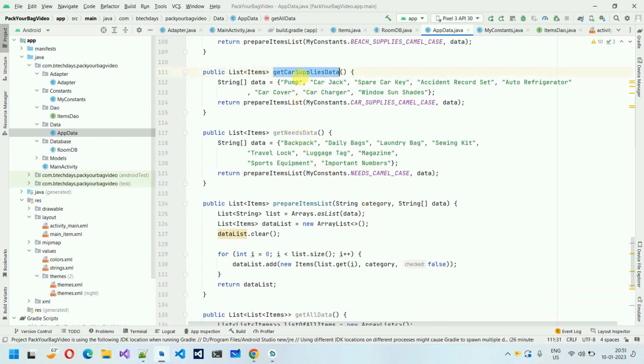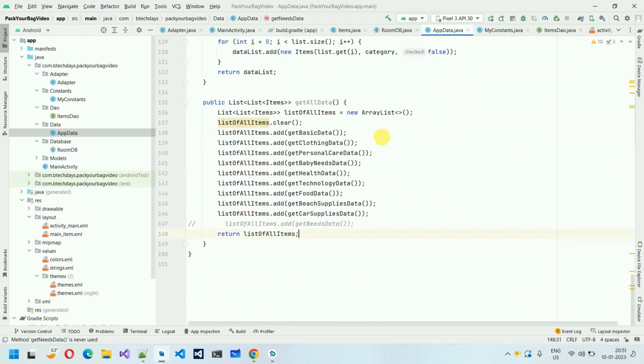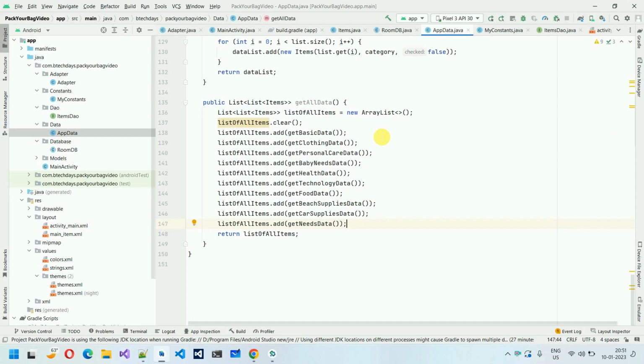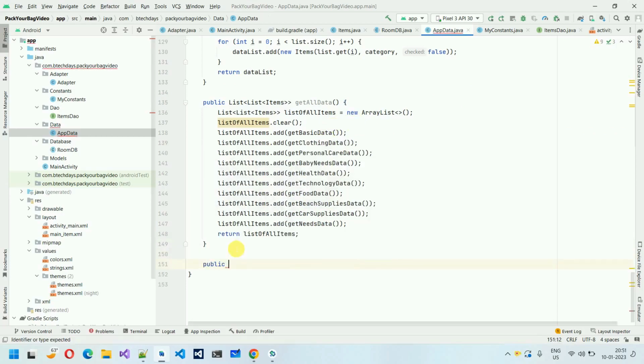Now the color for this one is different and the color for this one is different. So every data I have added into my list, I'm sure about this. Next thing we have to do is persist all this data into the database. For that, I'm going to create one method, that is public void